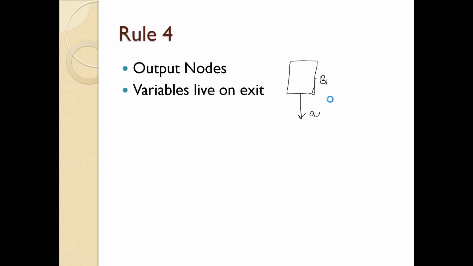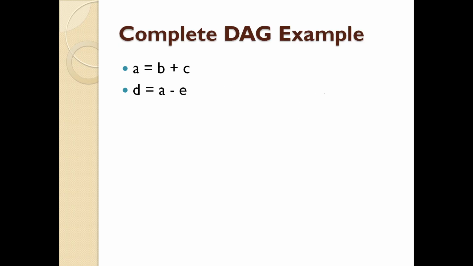Now we shall see a complete DAG example with two expressions. Let us build the DAG step by step. As we have the first statement, A is equal to B plus C, here I'll create nodes for B and C, and I'll draw an internal node with the operator which is present in between B and C, which is nothing but plus, and I'll label this plus as A. And then